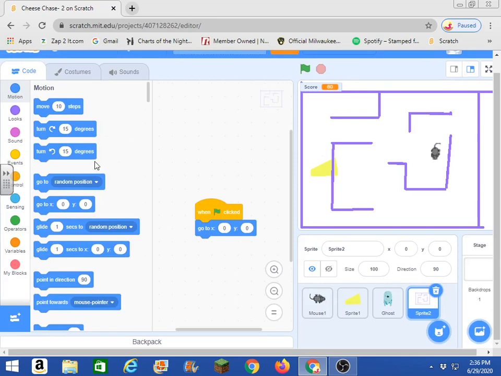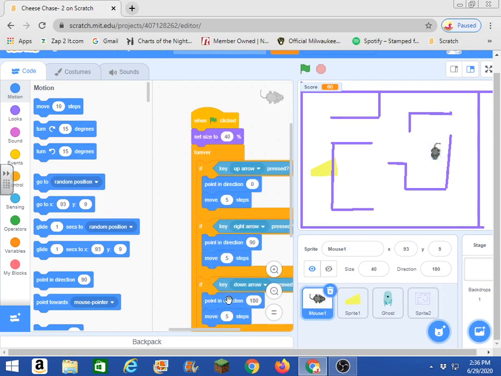But the next thing I need to do though is... what do I need to do next? I'll tell you what I'm going to do. I didn't think I'd have time to do this, but I'm going to do this real quick. I want to show you next how we get the mouse to work so that it can't go through the walls. So we have our mouse, and if you remember the code we did for the mouse before,